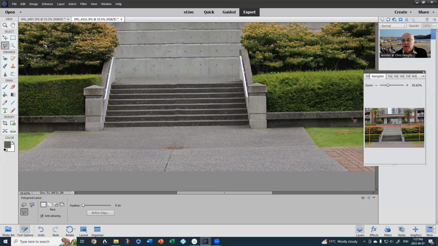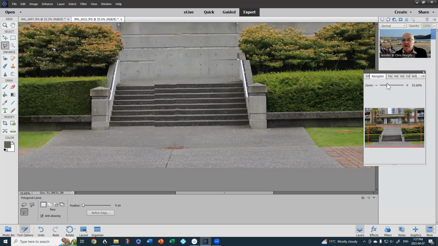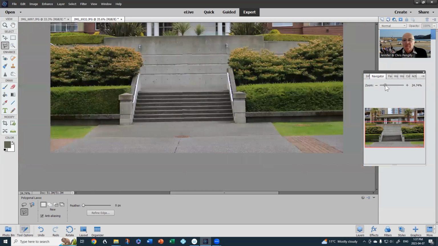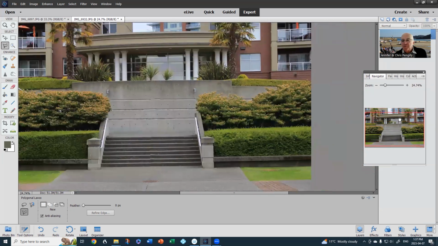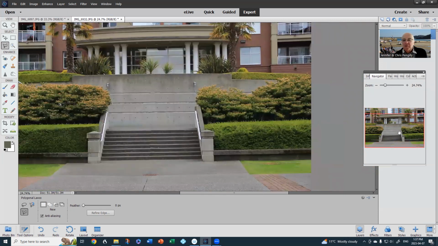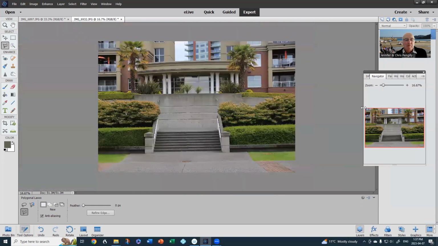Okay, I'm going to zoom out a little bit, so back to the Navigator. That's good. And you can navigate your way around the picture in this blue box here. So blue box, red box, but anyway. We've zoomed out a little bit more, and we're going to now